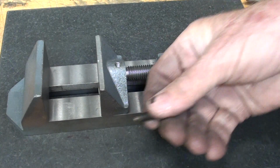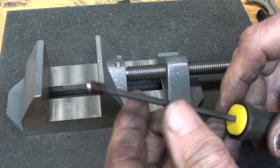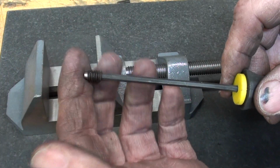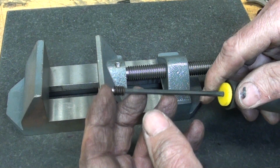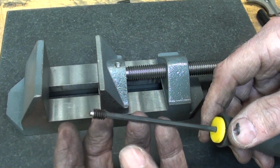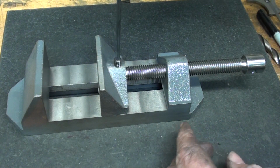Well, you know what I did? Instead of using this one and complaining about it, I just took a few minutes and made my own dog point set screw just by holding this in the chuck and hand holding the Dremel tool. Only took a couple minutes. Anyway,